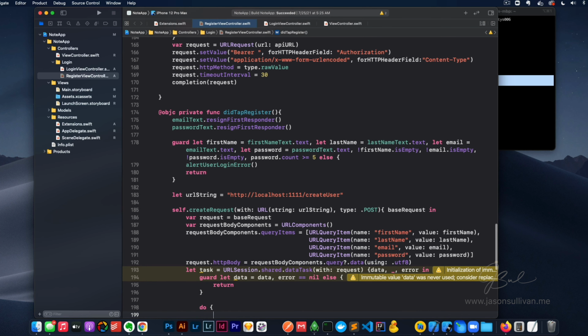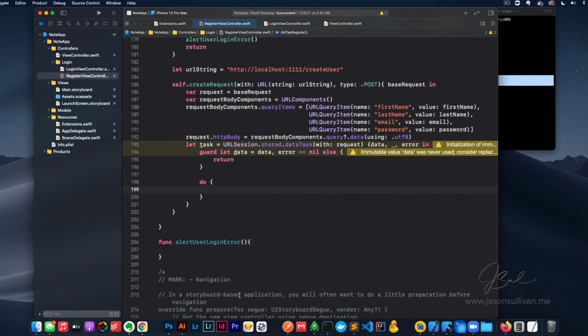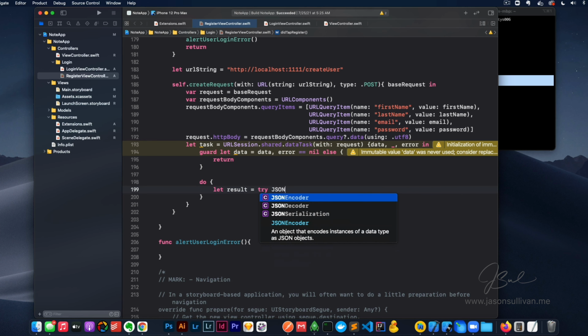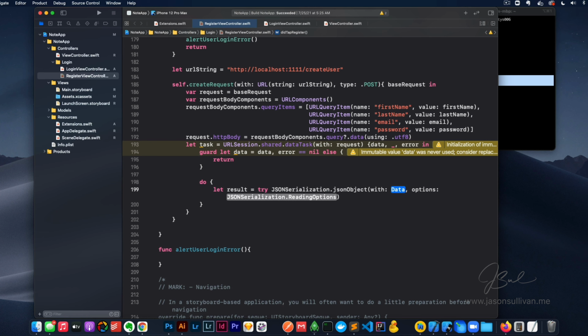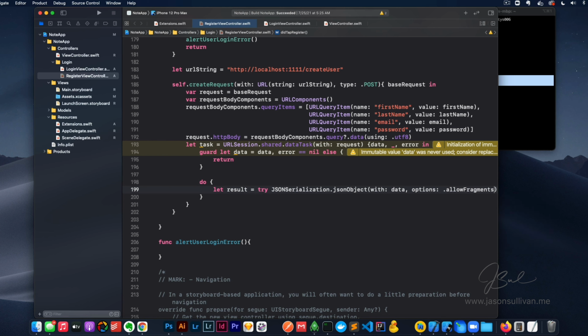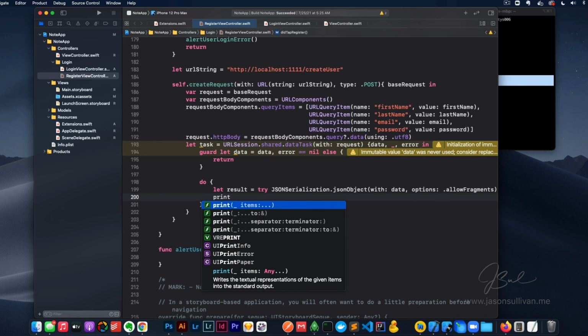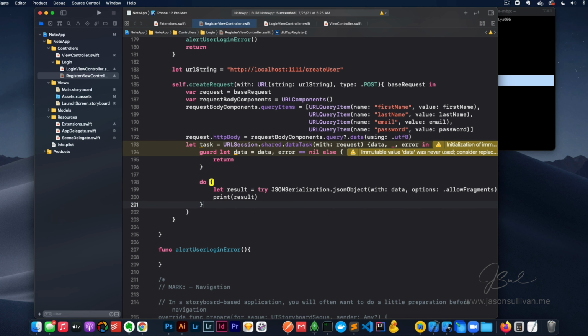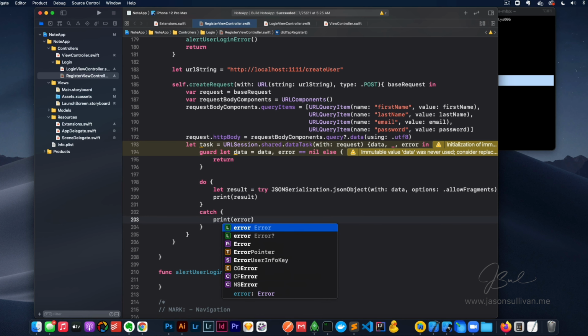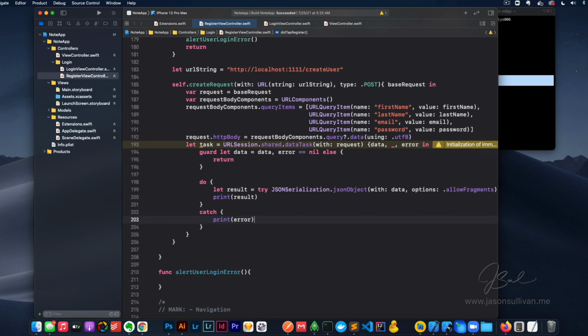Do, sorry, scroll down here a little bit. Do let result is equal to try JSON serialization dot JSON object with data. Options will do dot allow fragments, and we'll say print result, and then we'll do a catch right below that. Do catch print error. All right, cool,